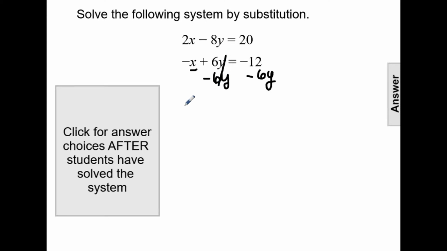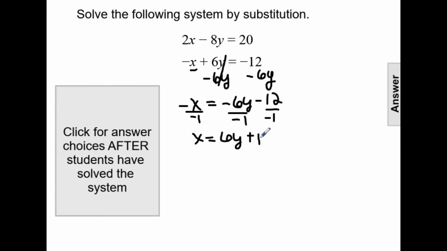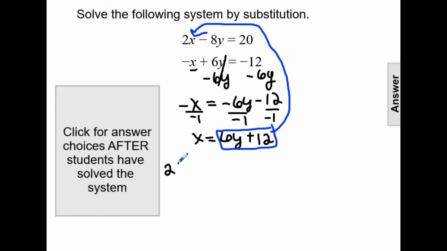So we'll subtract 6y. So -x equals -6y minus 12. And we'll divide by -1, so that x equals 6y plus 12. So now we can take that expression, 6y plus 12, and we can substitute it into the other equation for x. So that will give us a new equation of 2 times, not x, but 6y plus 12